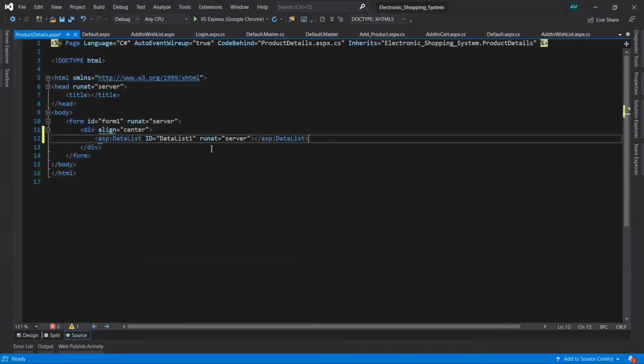I have double clicked on the DataList control, so it has been added here. Now we want to give some properties to it. Let's go to the design page.